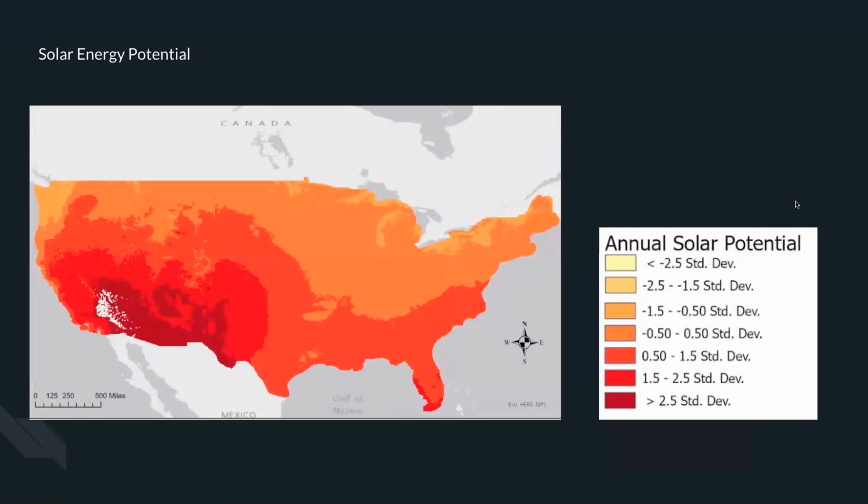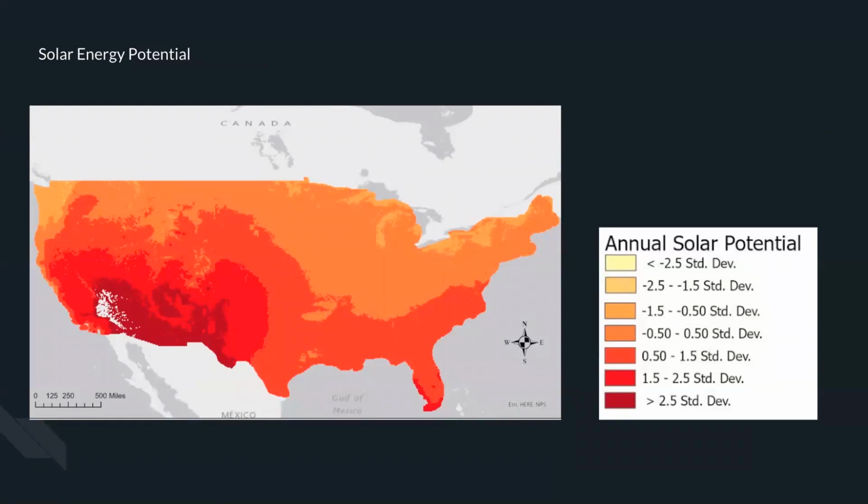Next slide, please. The potential energy map is similar to the current usage map. The center states of the country have lower solar energy potentials than the coasts. This also follows the current usage trend that the Southwest United States is the best location and has the most potential for solar powered generation. These states have the most hours of sunlight and direct angles from the sun for solar power generation. Other southern states, such as Alabama and Mississippi, have solar potential that is currently not being used due to natural